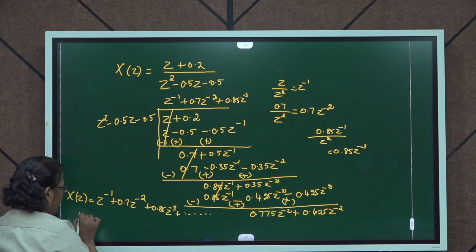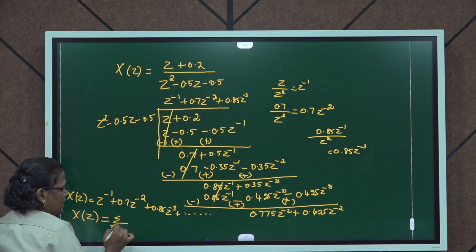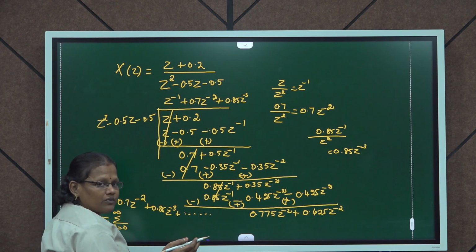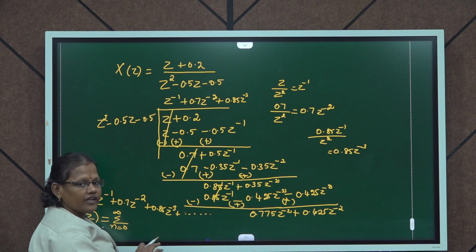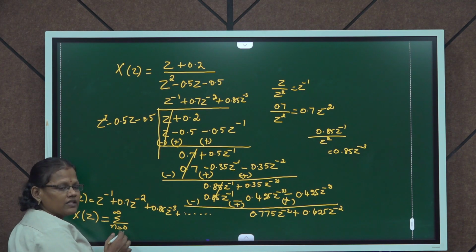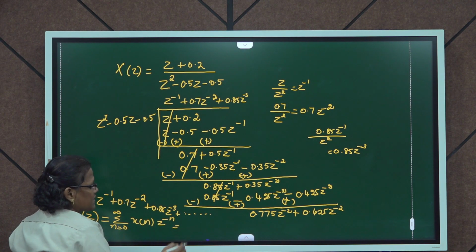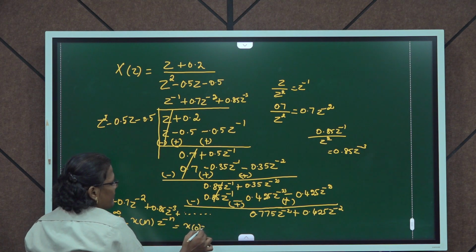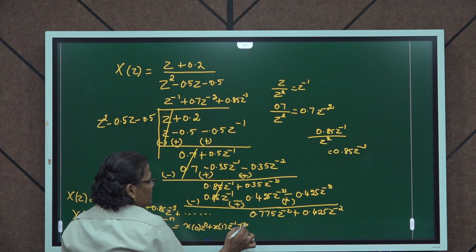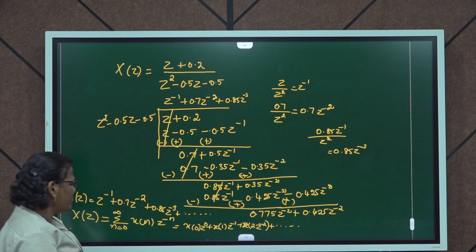Now we know the formula of z transform as x of z is equal to summation n equal to 0 to infinity. This is for the causal sequence. If it is an infinite sequence, that is a non-causal sequence, you can take from minus infinity to plus infinity. Since it is a causal sequence, the formula is from 0 to infinity x of n z power minus n, which can be expanded as x of 0 z power 0 plus x of 1 z power minus 1 plus x of 2 z power minus 2, etc. When you compare these two equations,